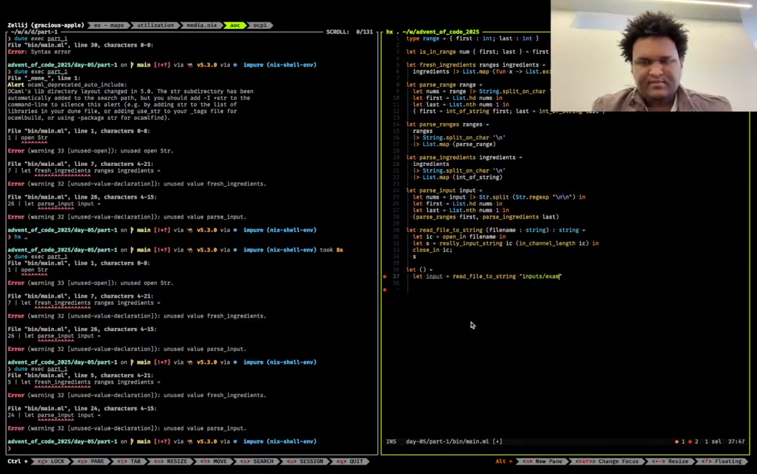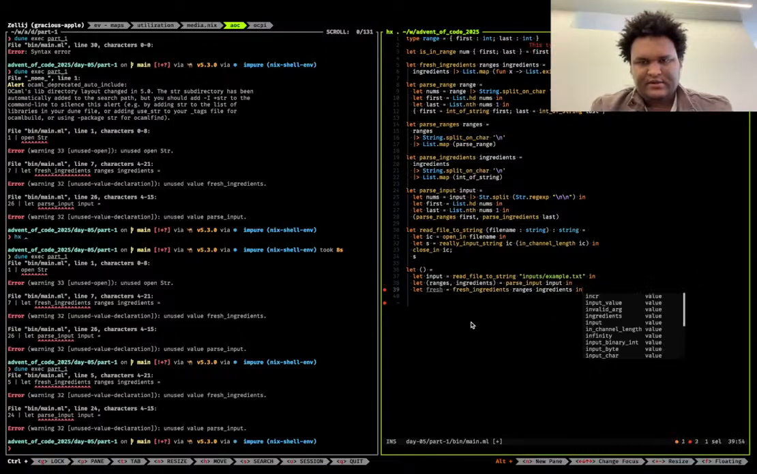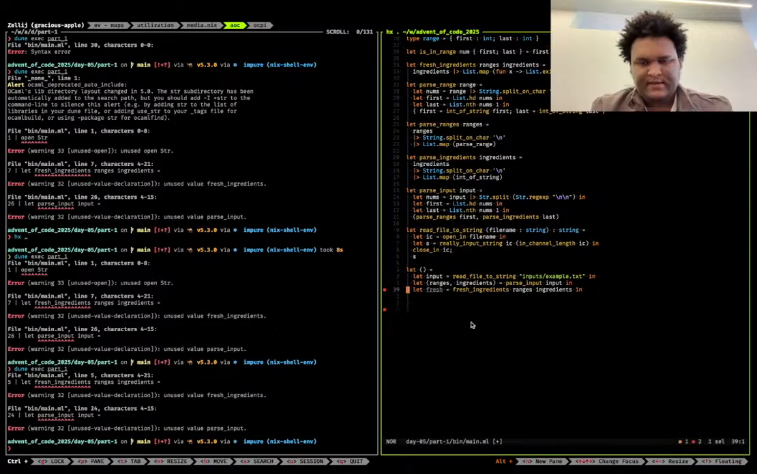input example.txt in, and then let's do let ranges, ingredients equals parse input of input in, and then we can say let fresh equals fresh ingredients of ranges and ingredients in, and then we can say, this dot filter, and then we can say here